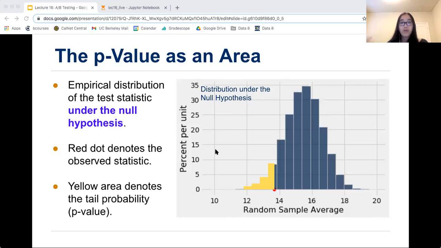So that's that whole yellow area. The area to the left of the observed value is the percent of all of that data that's within those bins, and that is equal to the probability that you get that value or more extreme.